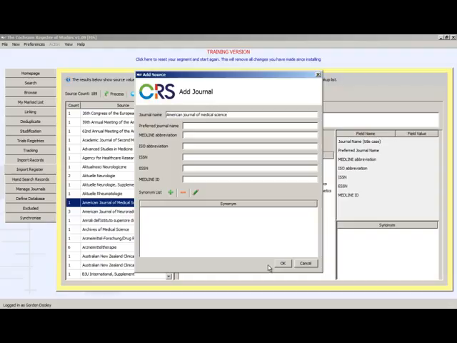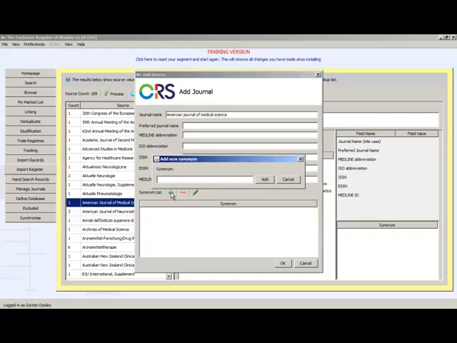If it's something rather more obscure or something that you're not sure about, then you might want to spend some time finding the actual correct name for the journal, and make sure that's put in. And if you know any synonyms for the journal, you can put them into the synonym list as well. So, for example, here, the American Journal of Medical Sciences, I don't know whether there is a synonym for it, but if there is, it might be the